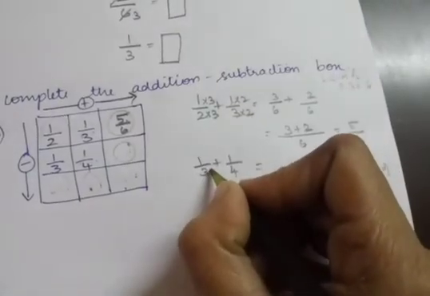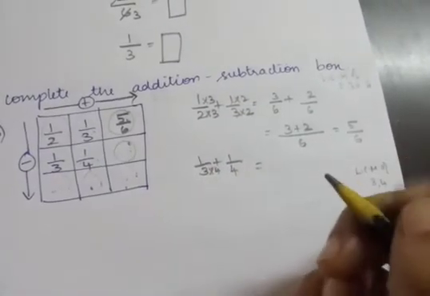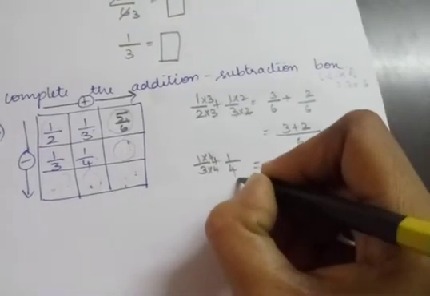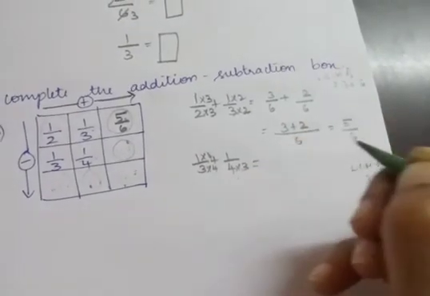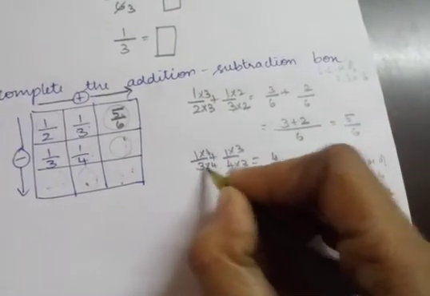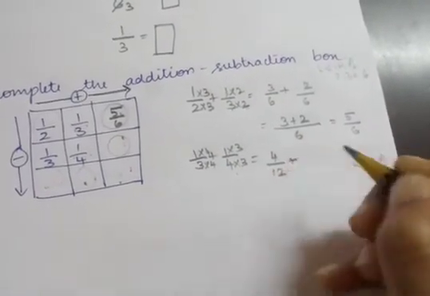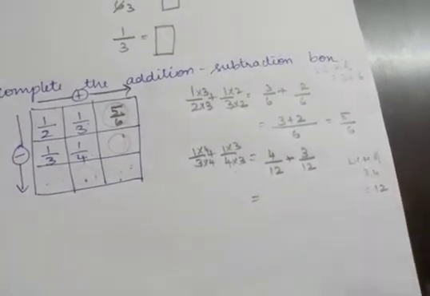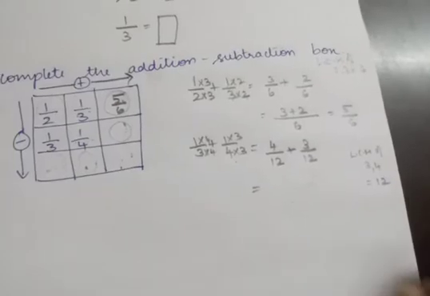So, if you want to make this denominator 12, 3 4s are 12. So 1 4s are 4. If you want to make this denominator 12, 4 3s are 12. So, 1 3s are 3. So, 1 by 3 becomes 4 divided by 12, plus 1 by 4 becomes 3 divided by 12. Now, are these denominators the same? Yes.